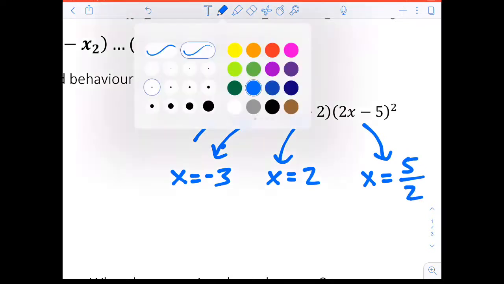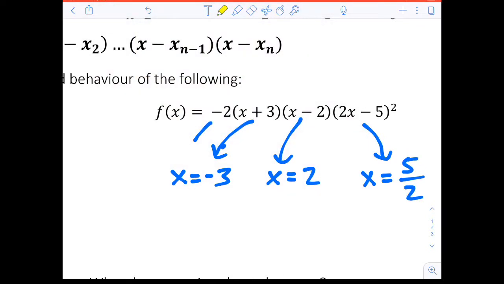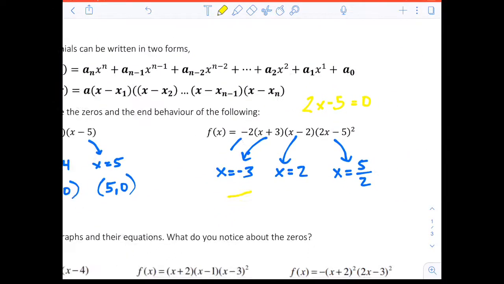And if you say, well, how did he get that? Remember how we get x-intercepts? We basically take our bracket and we set it equal to 0. And we isolate for x. We add 5 to both sides. And then divide by 2, and that's where we get that 5/2. Now, if we continue on,